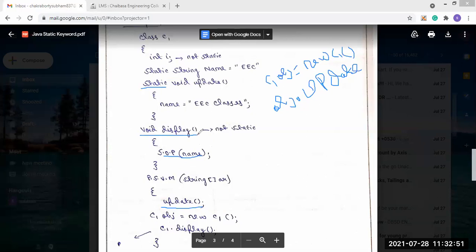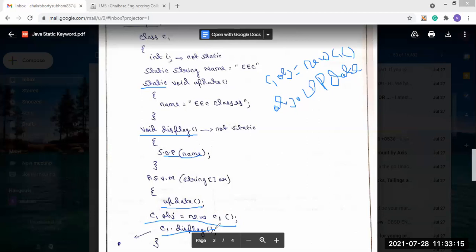But in case of the second method, you see the second method is non-static. Non-static means we have to create the object, and with this object we have to call the method. So this is the difference between a static method and a non-static method.